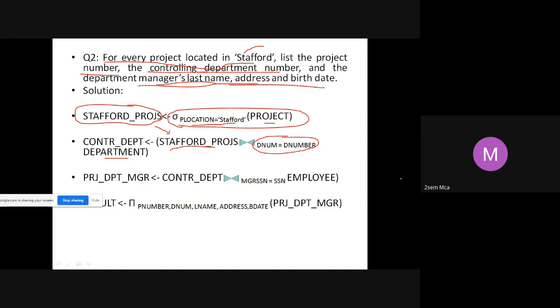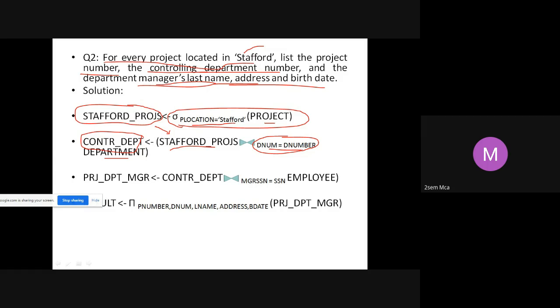Where am I storing this data? I am storing it in control underscore department. So this control underscore department is going to contain the list of projects along with the department number. That is what you are going to get, because you are checking for this particular condition.